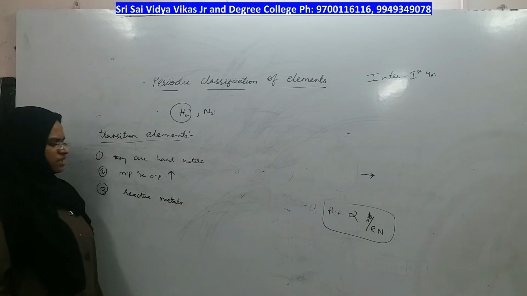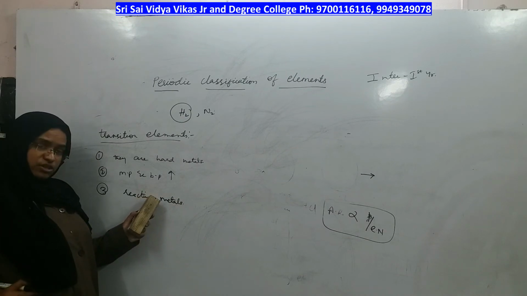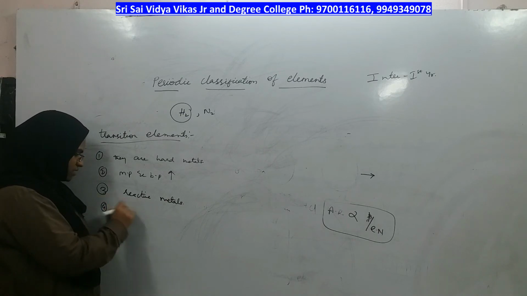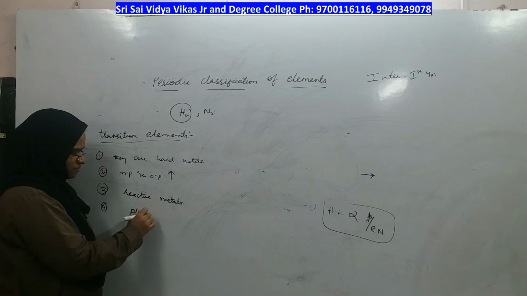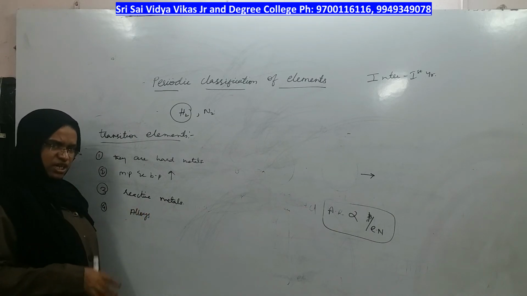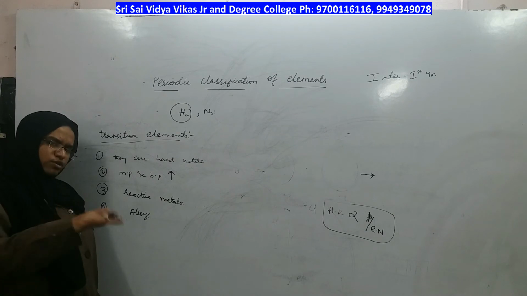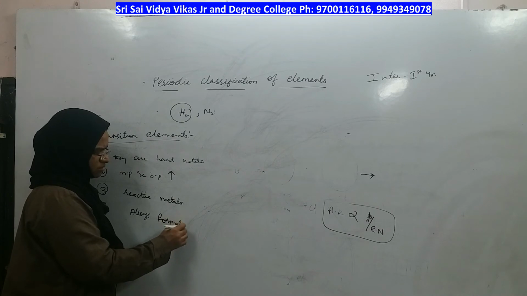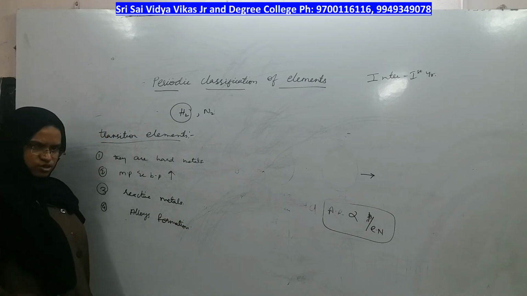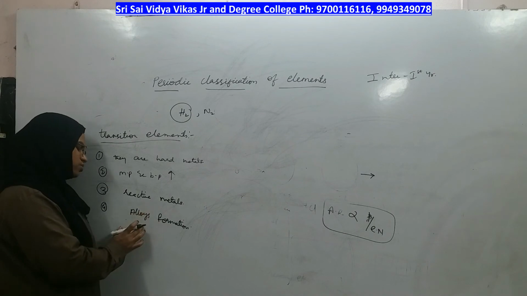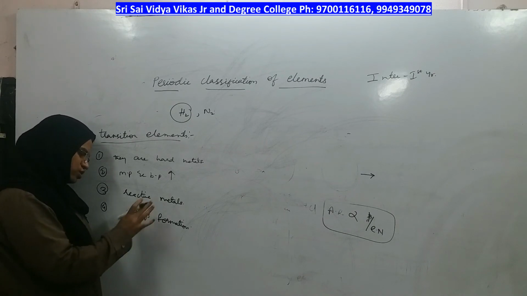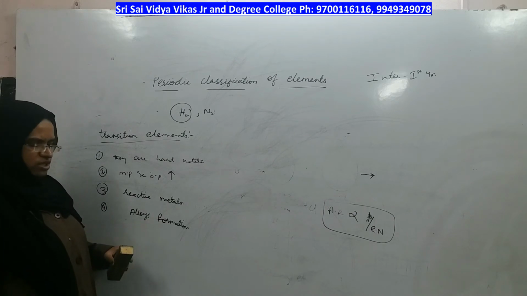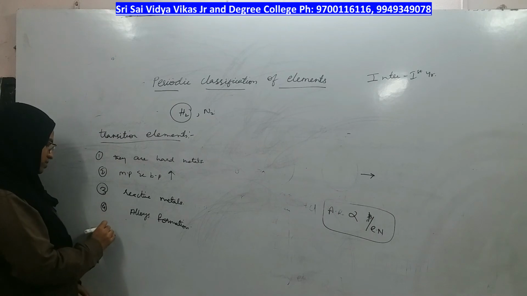If they are reactive metals, they have a high tendency to react with others. If no one else is present, they will react with themselves and form alloys. Alloys means if two metals react with each other, you get a new compound in which the properties of both metals are present, and that is called alloy formation. This property should be rightfully utilized. Alloy formation ability is present in transition elements. What is next?